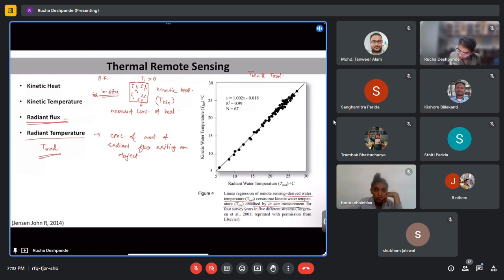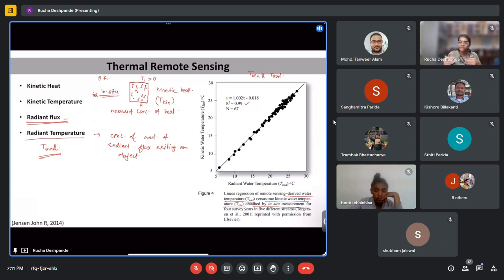Obtained by in situ measurement for 4-year service in 5 different streams. Okay, so here we see that R square is almost around 0.99. So we see that there is a good correlation between the radiant temperature and kinetic temperature. So we can use this property